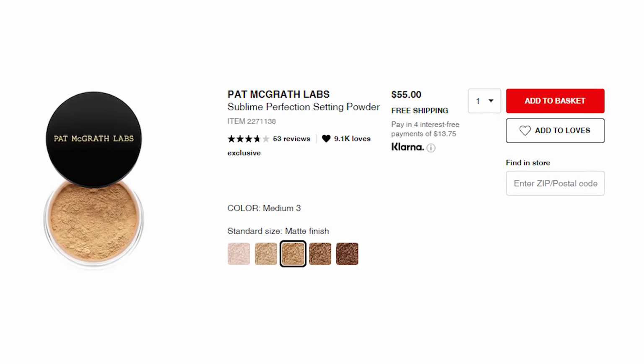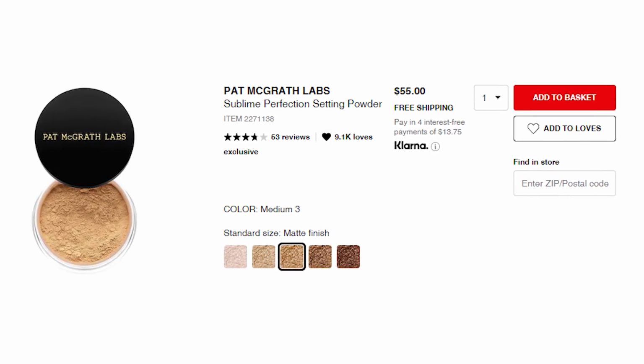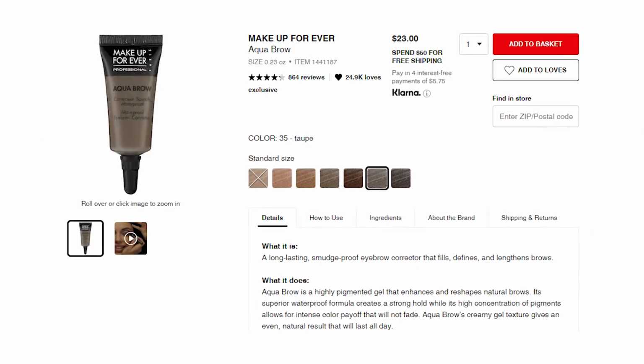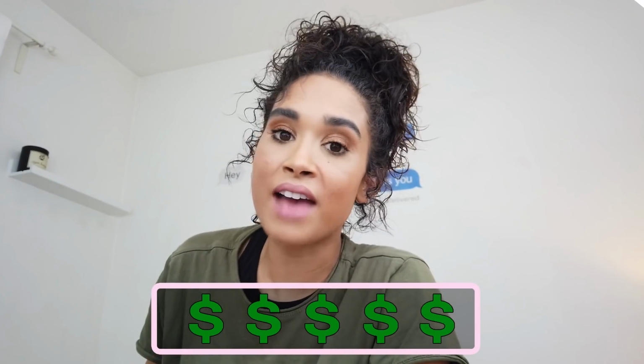The powder is such a game changer. It does not move, and it is so lightweight. Same thing with the blush. Again, super lightweight. I love the shade of it. So nice. I've also been putting it on my lips. The Makeup Forever Brows is so good because it's so silky smooth, and it does not move. So across the board, I'd have to give all three of these products a 5 out of 5, hands down,